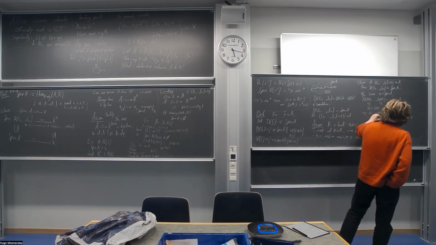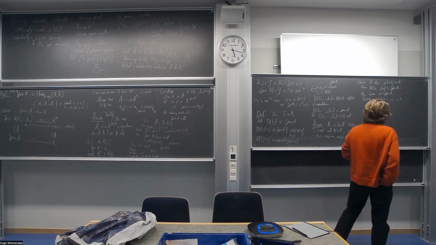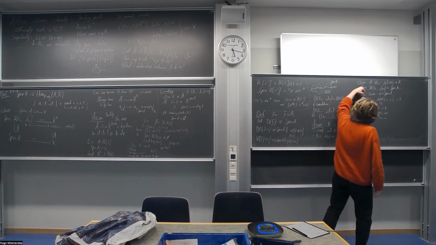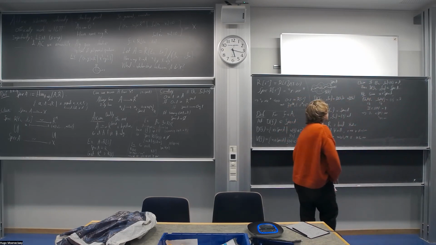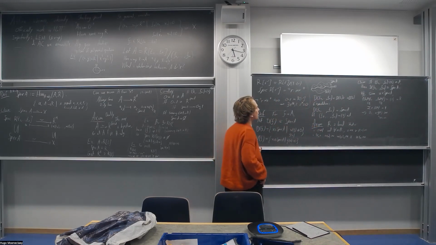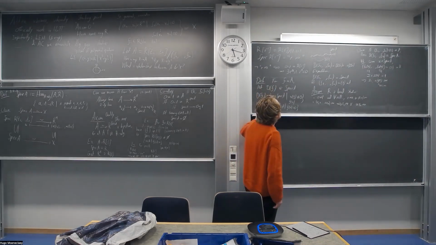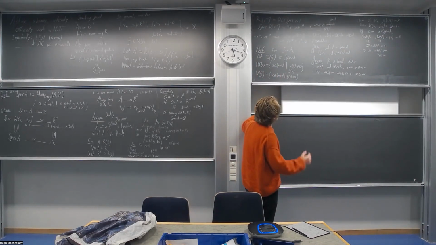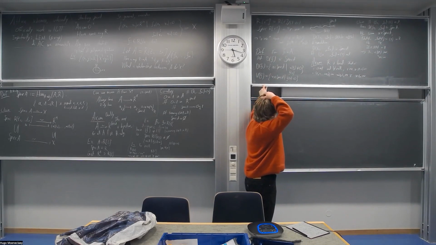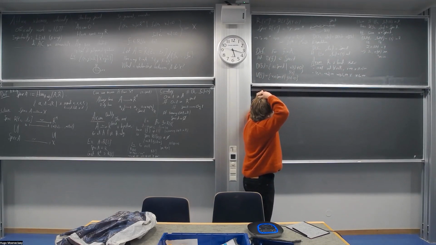And then this implies that f_i(x) is already invertible. So this assumption of locality means that we have some kind of open covers of the